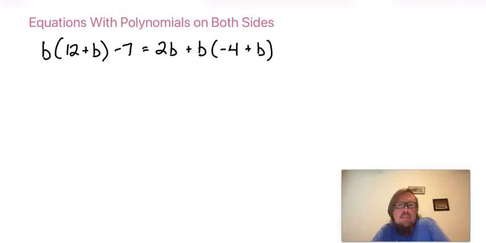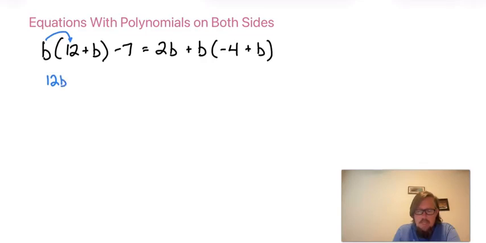Now that we've spent some time getting ourselves comfortable with polynomial expressions, let's look at a polynomial equation. We've got an equal sign right there in the middle, which means our goal here is to solve this for b. And so we've got a few things to do before we can start isolating the variables, starting with some distributive property. So let's do b times 12, which is 12b, and b times b, which is b squared, and